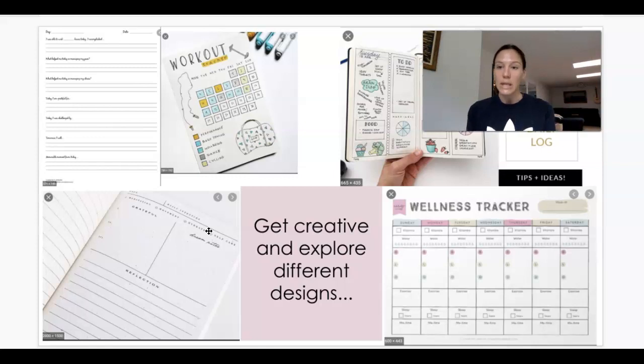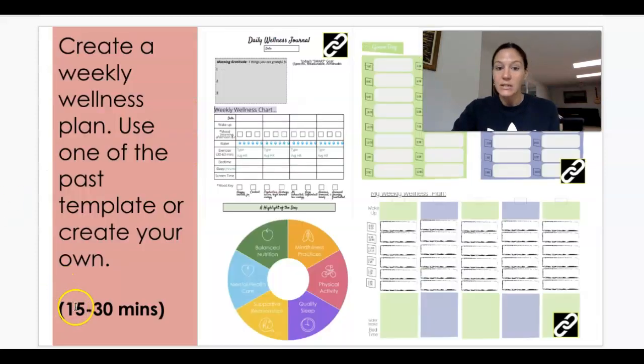So you can really get creative here, do some research, take some time to look at the way people have created and the way people even sell and market wellness journals. Some of these wellness journals cost up to like $40 or $50, and you could just simply create one yourself for free. So once you get your journal all set up, again, you're going to take 15 to 30 minutes